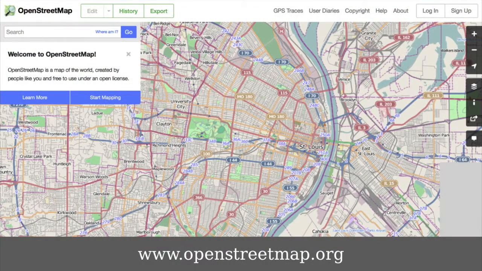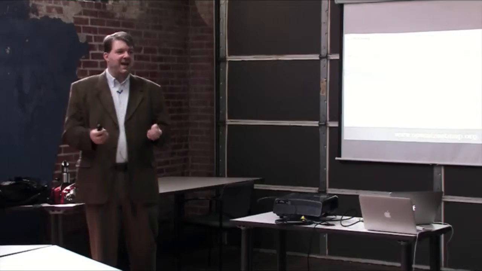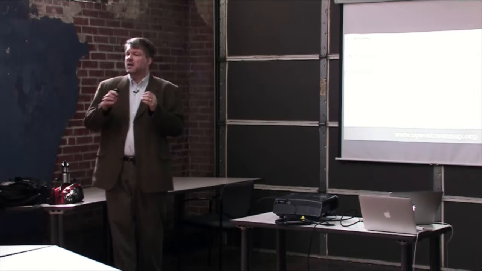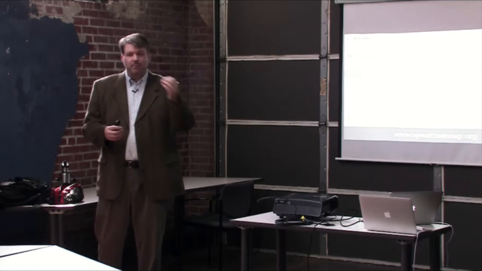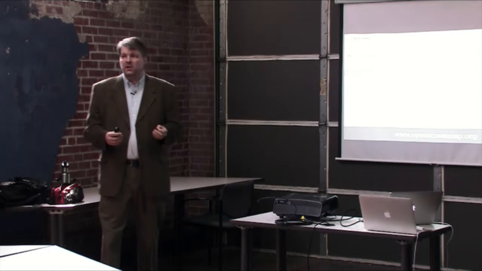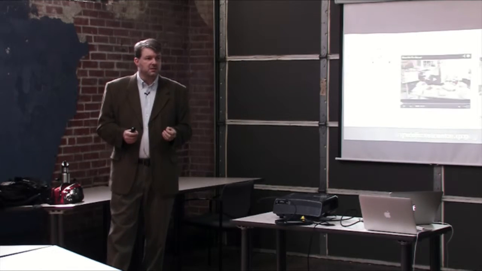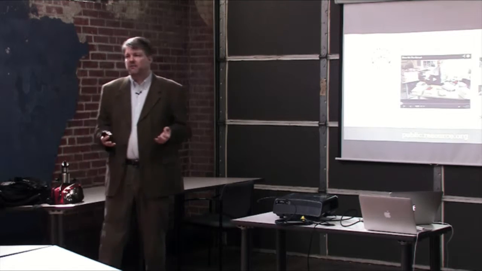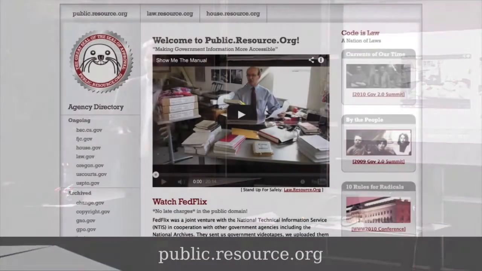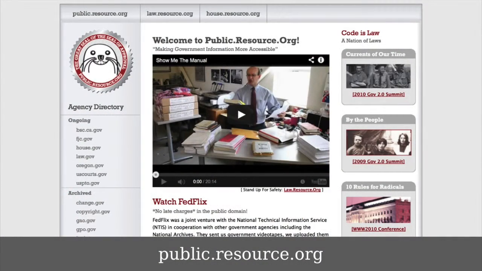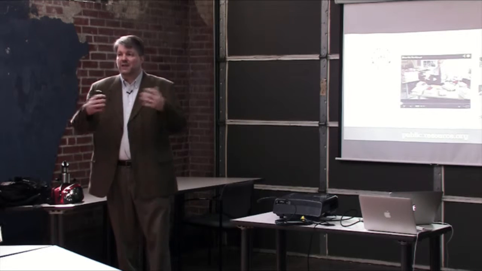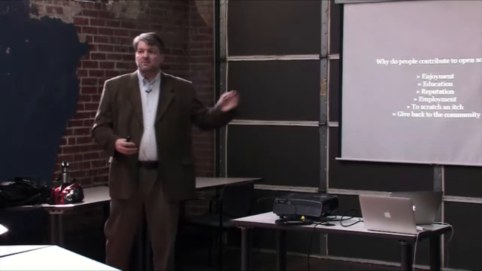OpenStreetMap is basically a Google Maps using open data that anybody can contribute to in the world, and the data is available for free to use in whatever application you want to. Apple uses this, for instance. Lots of other corporations and companies and individuals use this in their software. It's amazingly accurate. Public Resource is one of my favorite sites on the web. This guy is taking all the laws of our government and trying to make them public. It surprises most people when they find out that the laws that our government has passed and legal cases are not open and public. He's making it so.